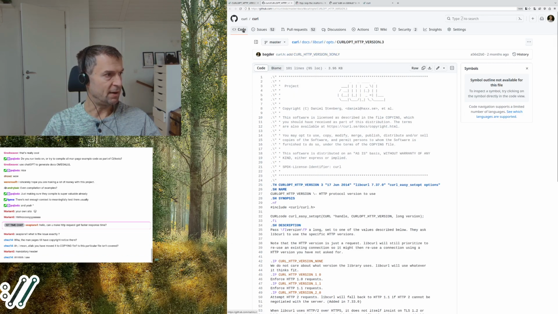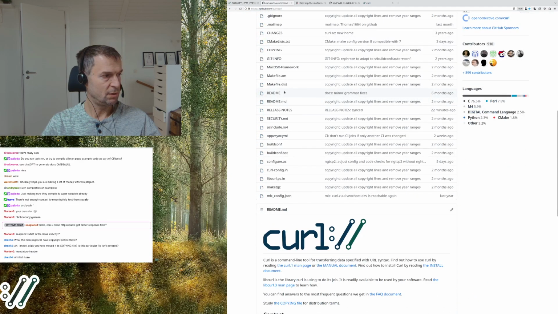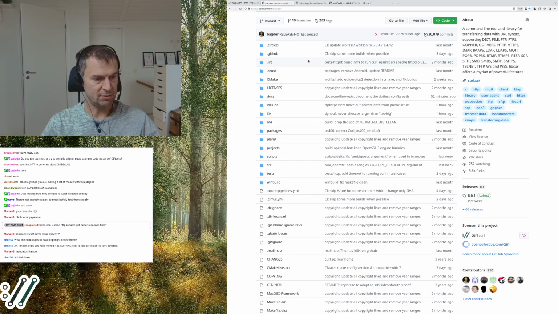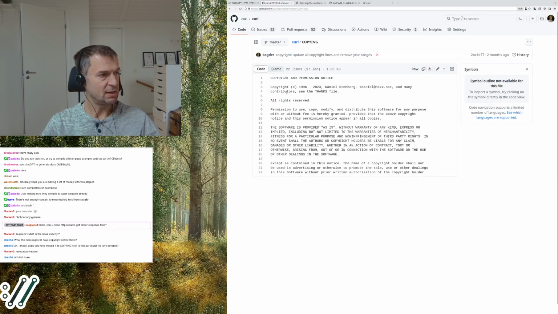The copying file in here, if you go to the root, here's the root directory of the curl repository. So yes, there's a copying file here. The copying file states the license for everything in curl, right? So this is the curl license.